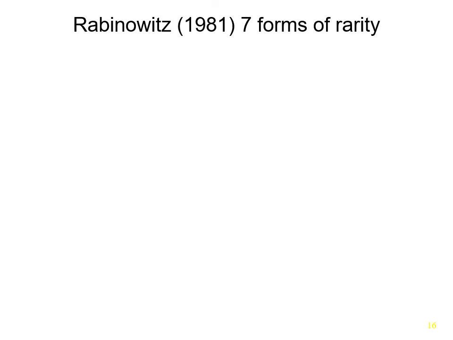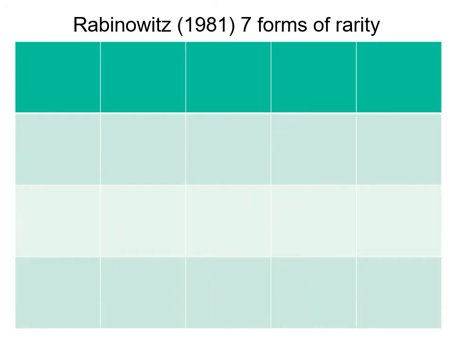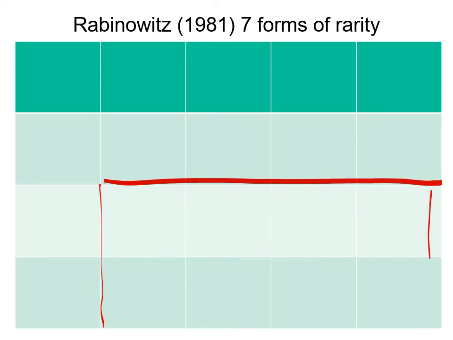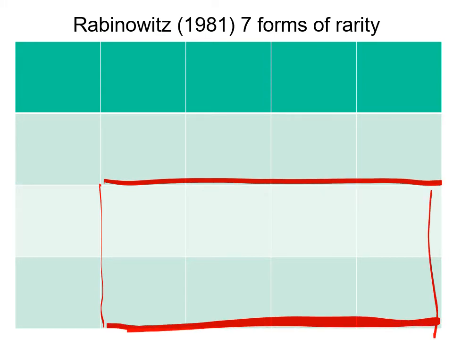Okay, you're probably going to want to take the time to draw this table as we go. And I'm just going to give myself a little template to start with. So we're going to deal with 7 forms of rarity and 1 form of commonness. So when you're looking at this table, you're going to have 8 boxes. So I'm going to just make a table with my 8 boxes. Divide those up here and here,